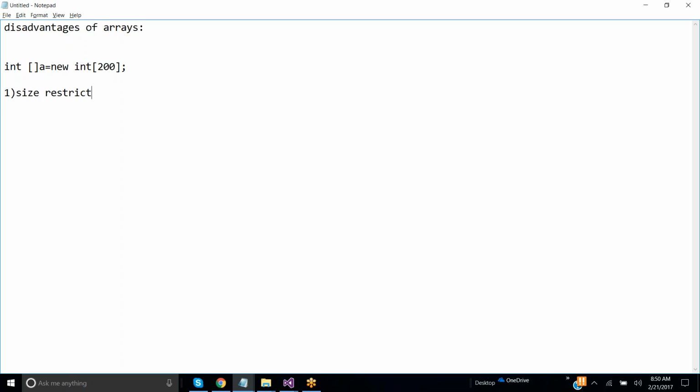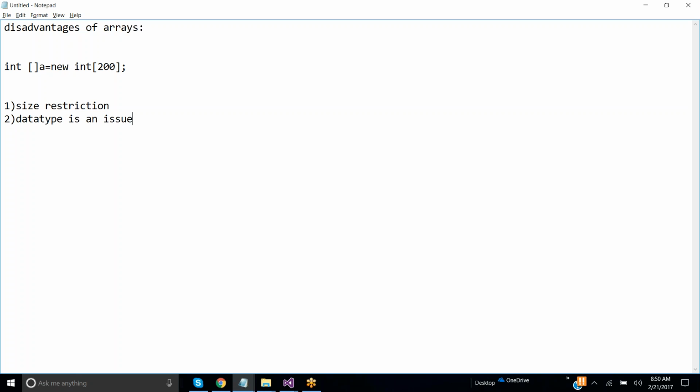Do you understand? Okay. The next one: whatever the array A is, it will take only integer values. Am I right? Yeah, it's correct. Suppose by mistake, in the 200, one of my employees passed the name Kalyani into this array. Will an integer array take a string? No, right? So at that time also there will be an issue; the data type is a problem. Am I right? Data type is an issue.